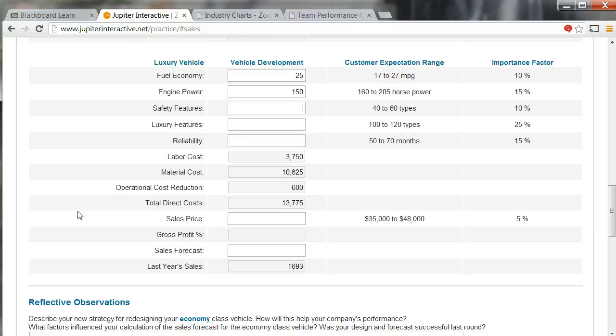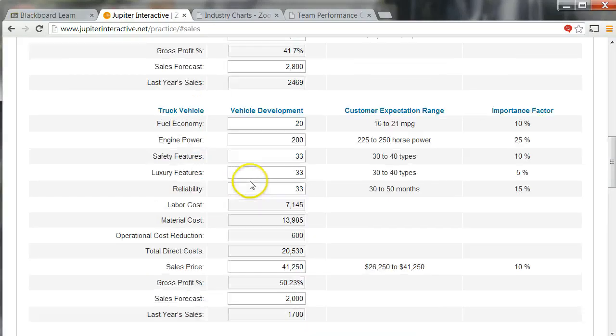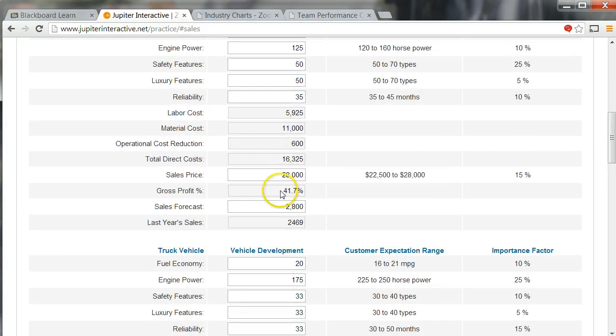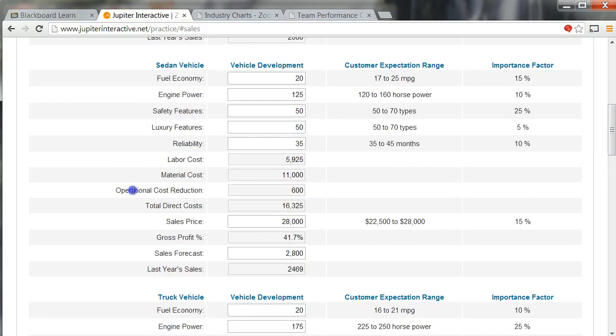So now I'm just working around 2, and I'm again just throwing numbers in here. But I know the key thing I need to know is I need to keep my profit margins up. And where my profit margins aren't up, I have to make some adjustments. So here they're only 41%. But you see how I get this operational cost reduction of 600? That's because I invested in operational investments in last round. So now my actual,